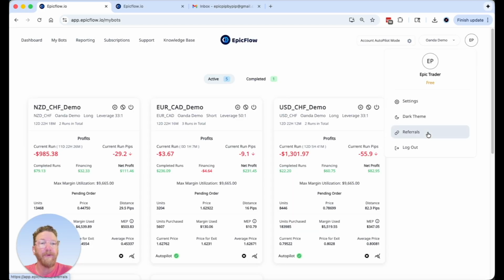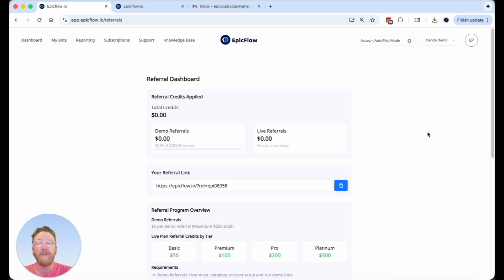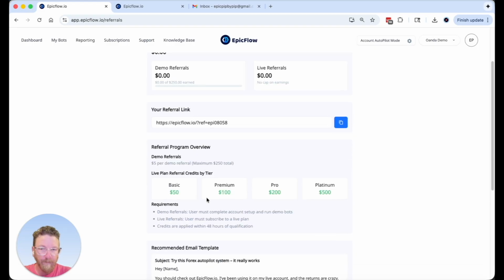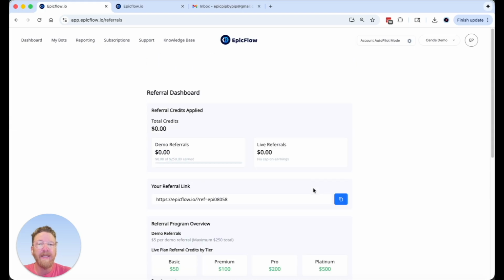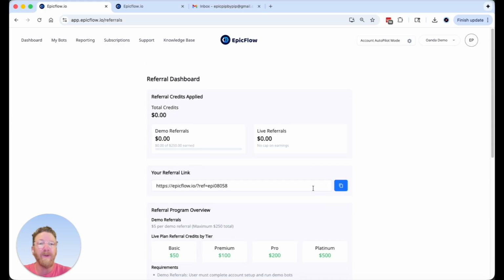You have your referrals. So even if you're in demo mode or if you have a live account, you're able to refer friends. You just copy this link and send that to your friends. If they sign up for a demo account and start bots, you'll get $5 credit applied to your next renewal. If they sign up for live accounts, we have different tiers that you get different amounts for. So we have an email that you can send, but basically it's just a way for you to earn